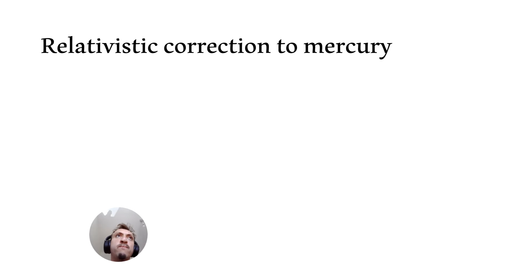So, to take account of the relativistic effect on a mercury atom, I'm briefly going to go to the Bohr model of the atom, and then explain how relativity can alter it. Now, it's worth saying, if you want to look at the relativistic effects on an atom rigorously, you need to look at relativistic corrections to the Schrodinger equation, or go full on and look at exact calculations involving the Dirac equation. But to try to make this video as accessible as possible, I'm going to be looking at relativistic corrections